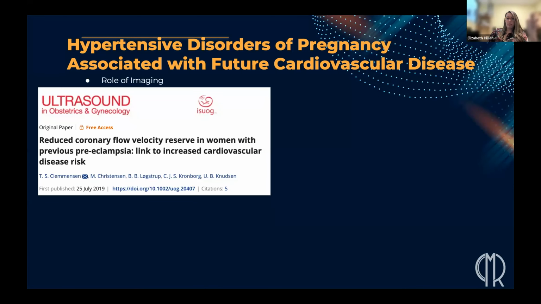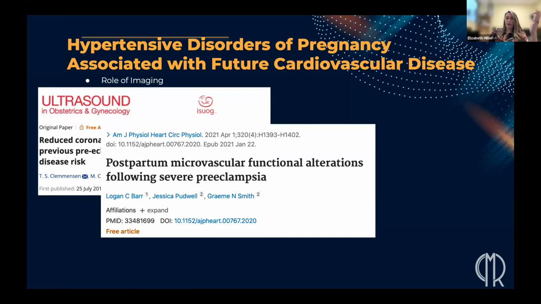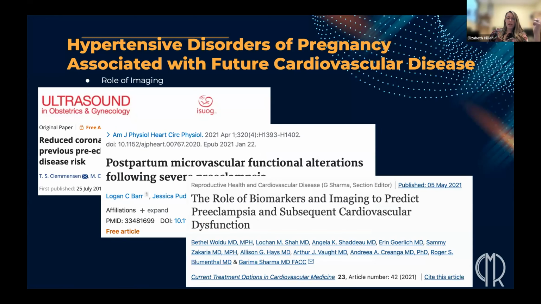As it relates to imaging, there's been some imaging looking at this. There's been identification of reduced coronary flow velocity reserve in echo. There have been microvascular functional alterations and endothelial dysfunction alterations in peripheral vasculature that was done on the forearm. And then there was this paper summarizing what's been done so far on biomarkers and imaging to, one, predict the risk of preeclampsia in pregnancy, but two, to monitor subsequent cardiovascular dysfunction. In that paper, the section on subsequent cardiovascular dysfunction didn't have a lot of data, but it talked about